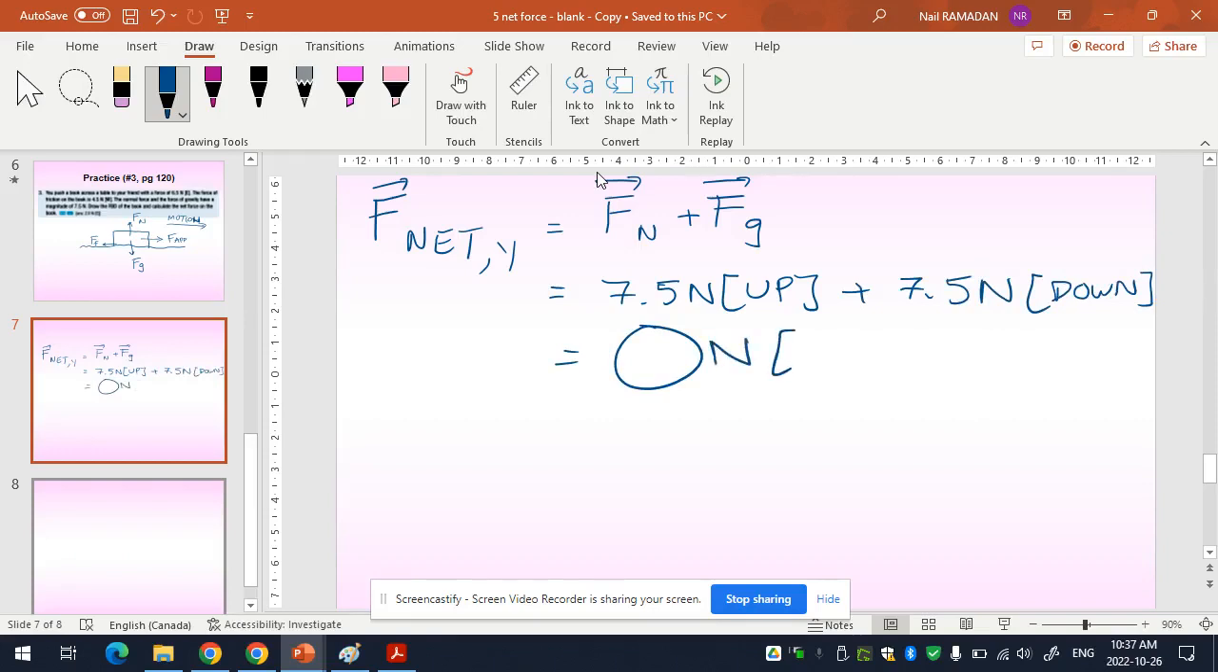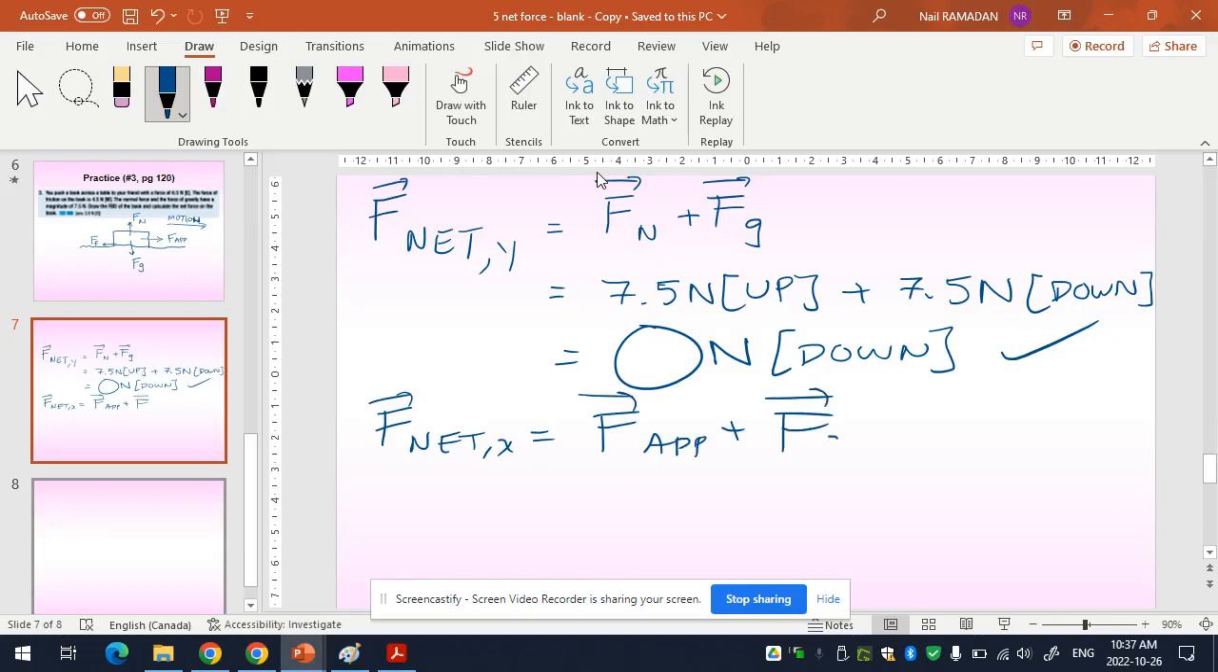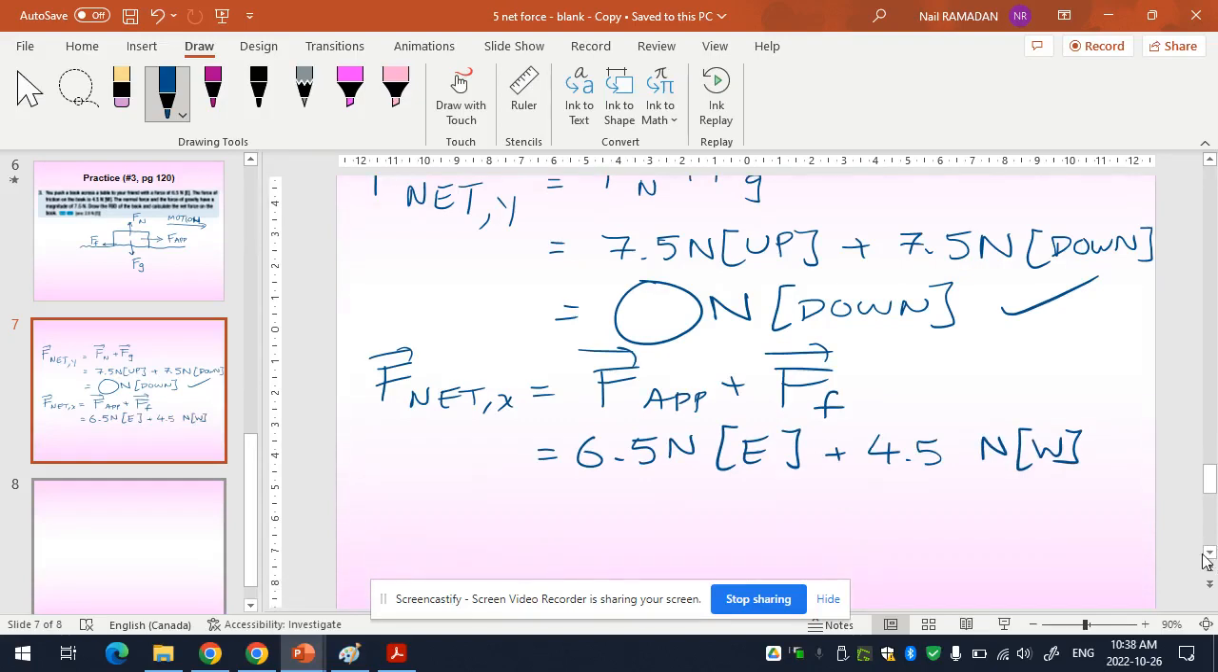Absolutely. Let's just say we're changing things. All right. Let's do the F net on the X. F applied plus F friction. Applied was 6.5 newtons in the east, plus I believe it was 4.5 newtons on the west. Cancel. I mean, sorry, not cancel. Flip. Which means it will be, yeah,